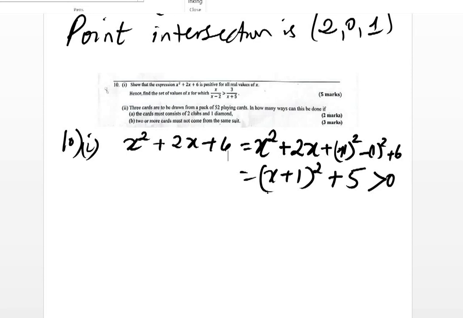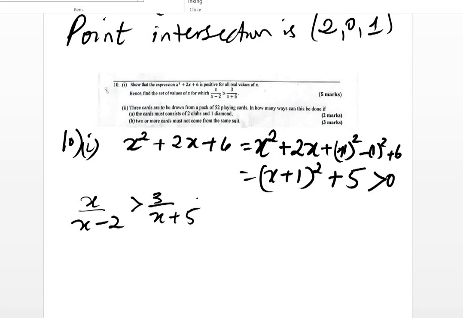You say, hence, find the set of values of x for which you have the inequality there. For which we have this greater than 3. Okay, I still wish to reiterate here that